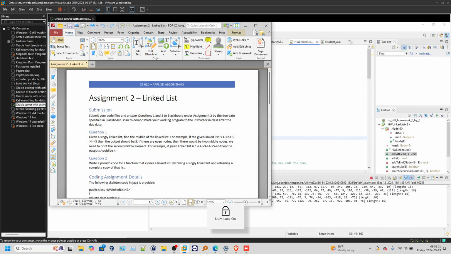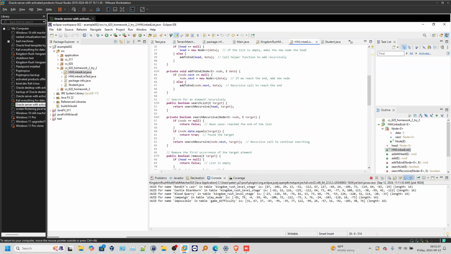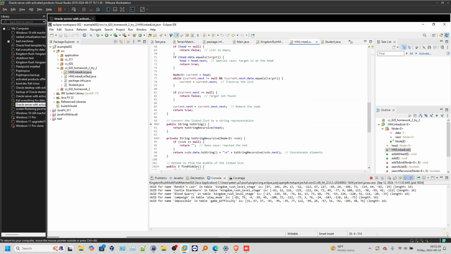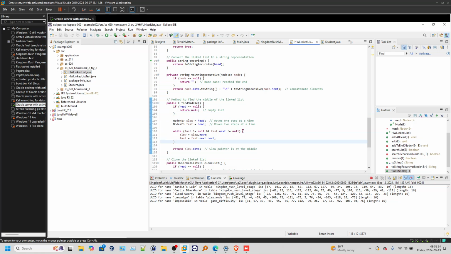Okay, so let's take a look. Find middle. Okay. So this one, I'm using an algorithm. I have a slow moving pointer that moves 1 step at a time and a fast one that moves 2 steps at a time. And while the fast one hasn't reached the end of the list, and the next one for the fast one isn't null,